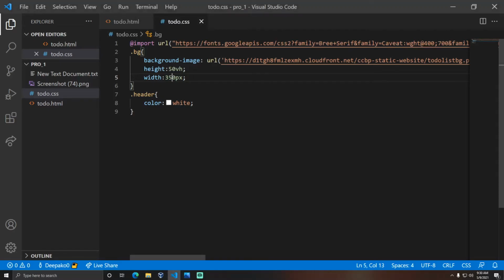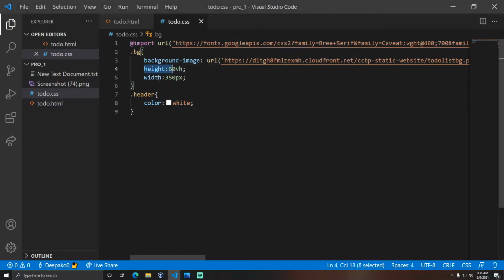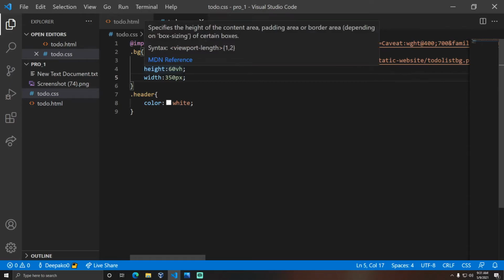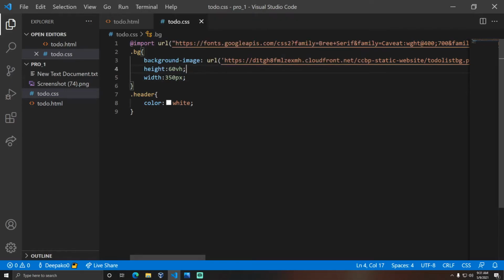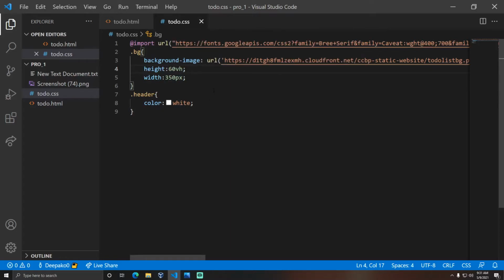In order to adjust the height, we are going to achieve the design perfectly. To get the output like this, you need to perform some operations like height and width. In height we use the viewport height, which is nothing but the height of your monitor or the current screen that you are using. And width we can give as viewport width or 350 pixels.